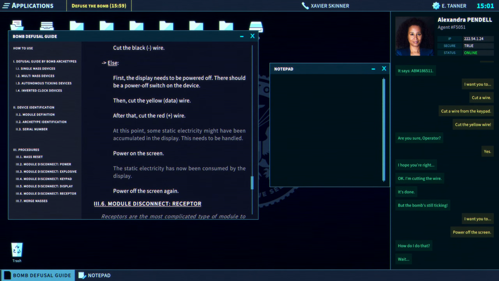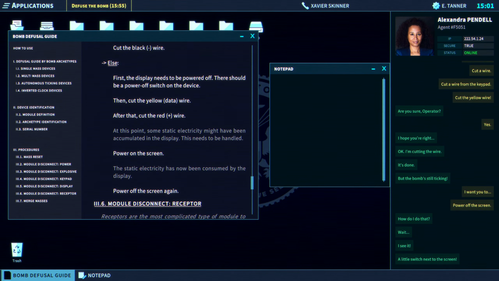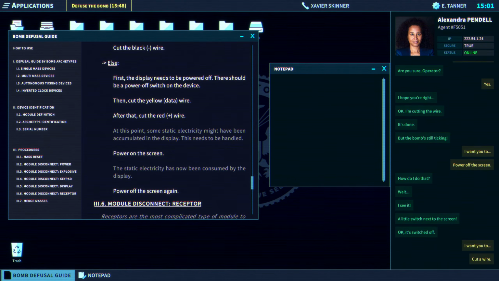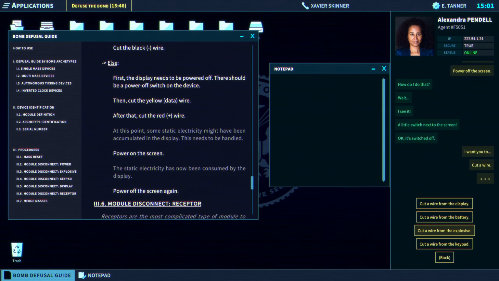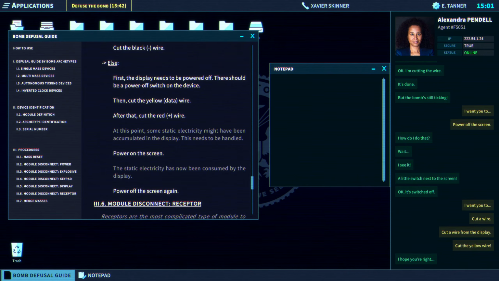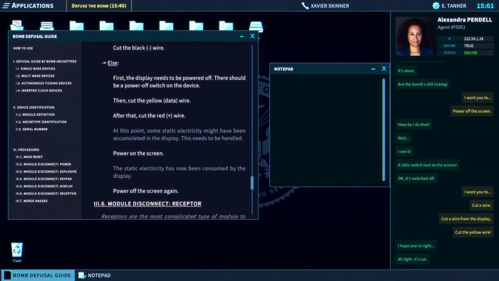Wait. I see it! A little switch next to the screen. Okay, it's switched off. I hope you're right. Alright, it's cut.